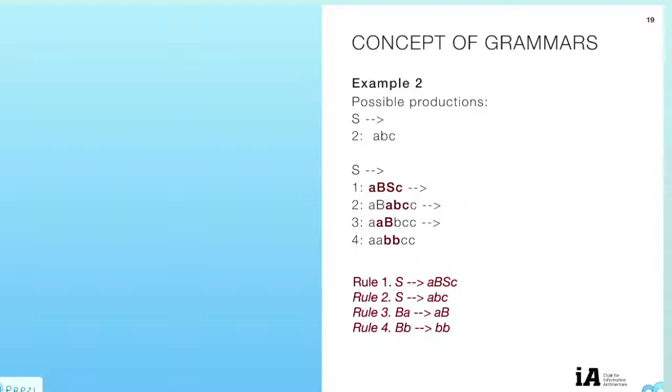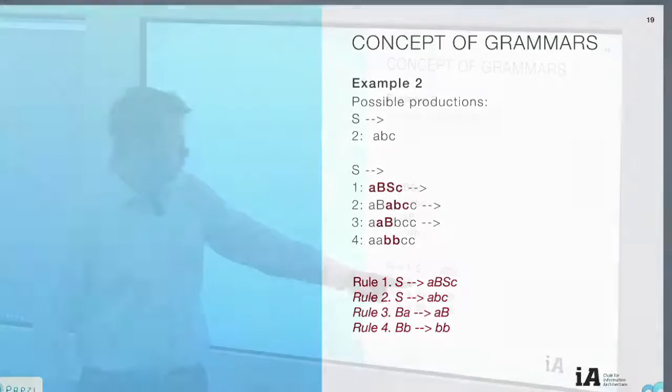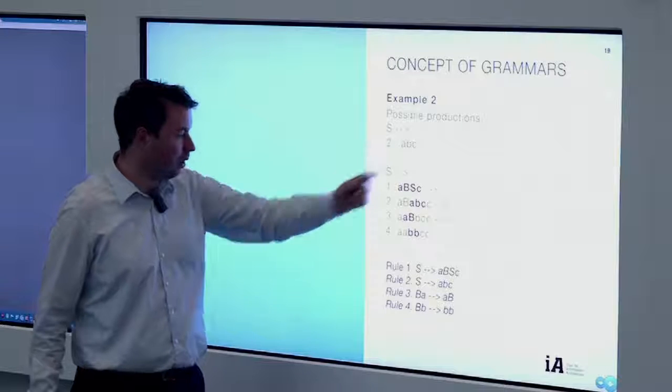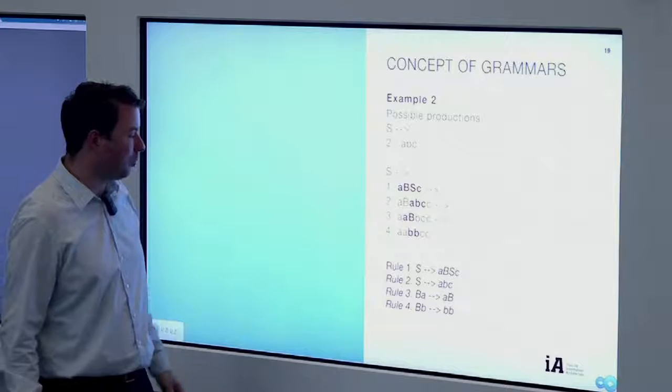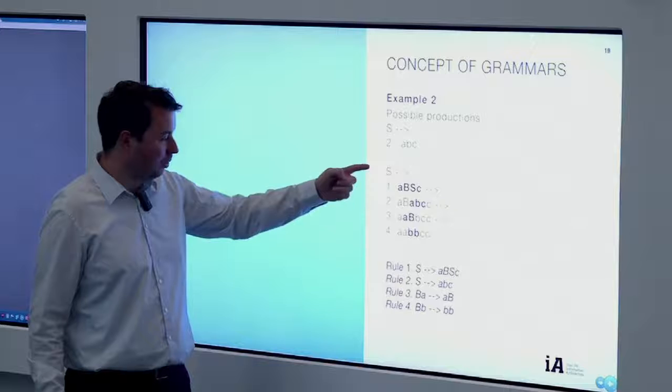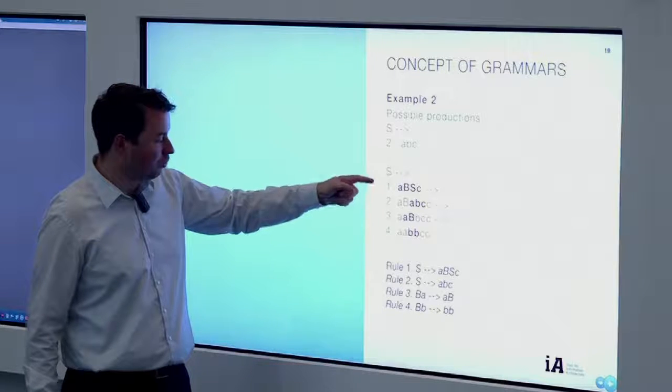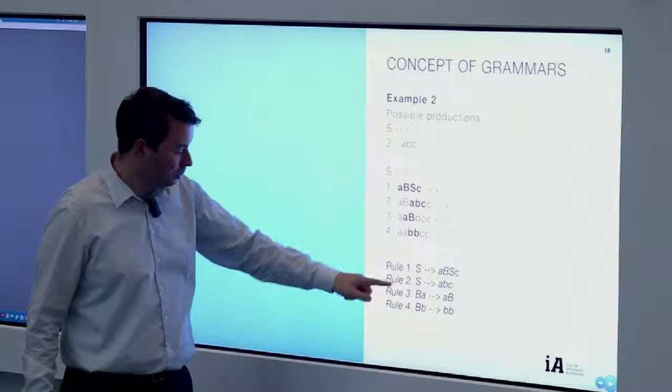Okay. So these are the rules. And these are possible productions. Actually, it should be the other way around. Sorry. So for instance, if you just start with rule 2, you just get ABC, that's it, nothing more. Or if you go here like a sequence from 1, 2, and 3, and 4, 1, 2, 3, 4,